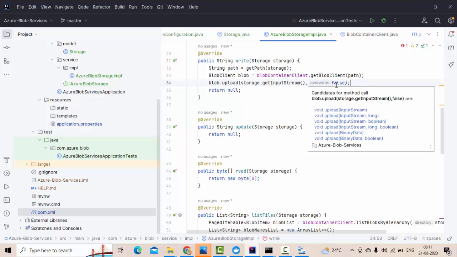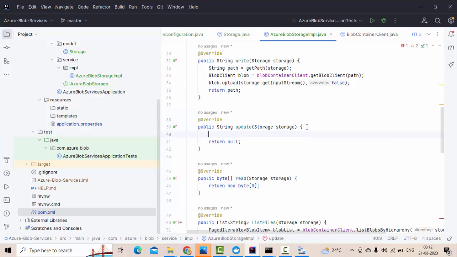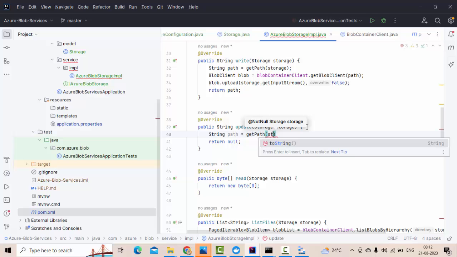So if you keep false, what will happen is if the file already exists and you are trying to add that file again, it will return an exception. Okay, so if you keep it true, it will replace the contents in the file. So we are doing an update operation if you keep true over there. That's the only thing we have. Okay, then path, then come to the update, same sort of thing. Let's try to get the path so that we will know which location we are going to